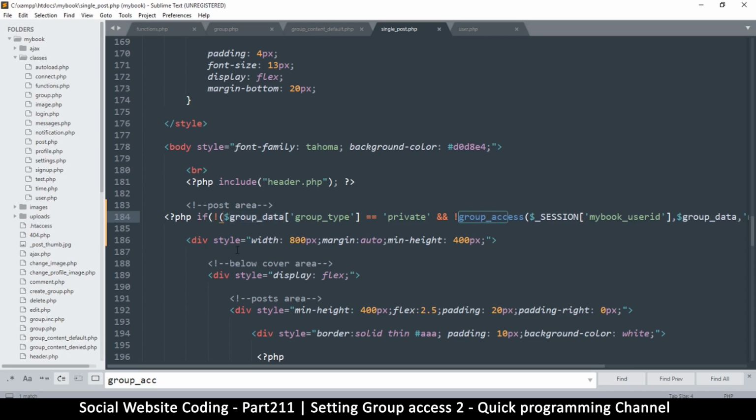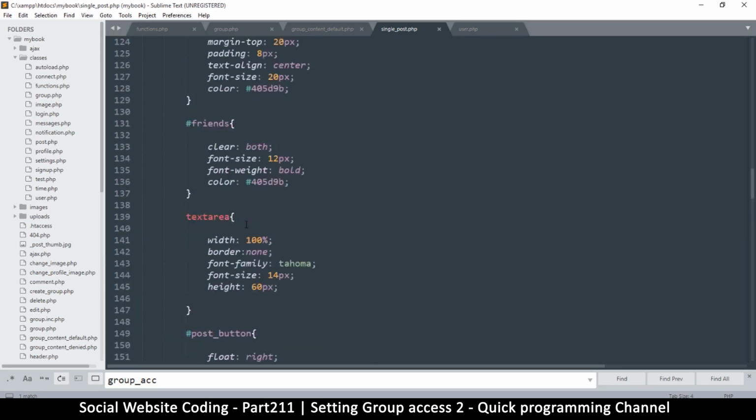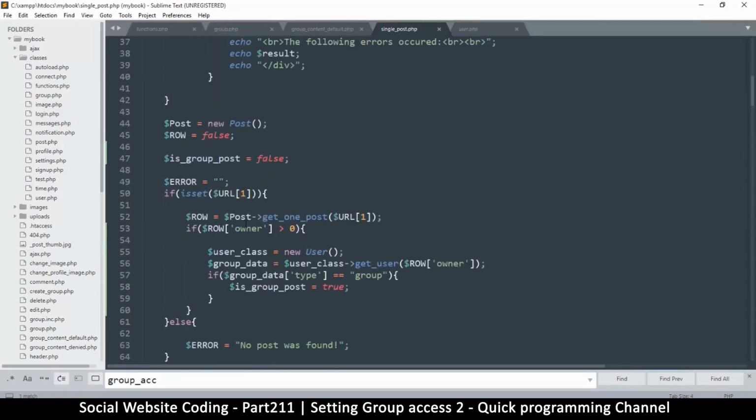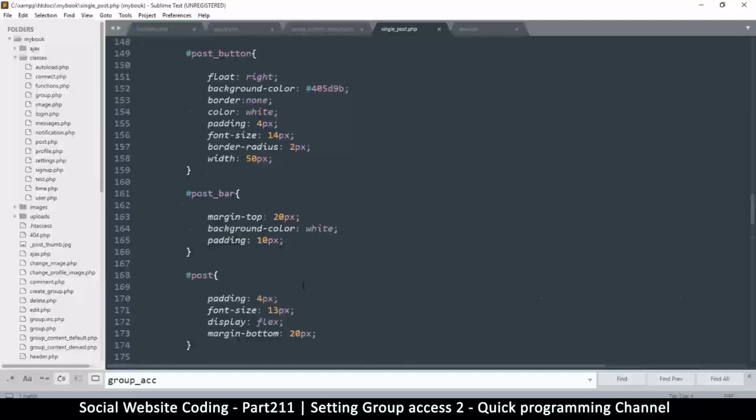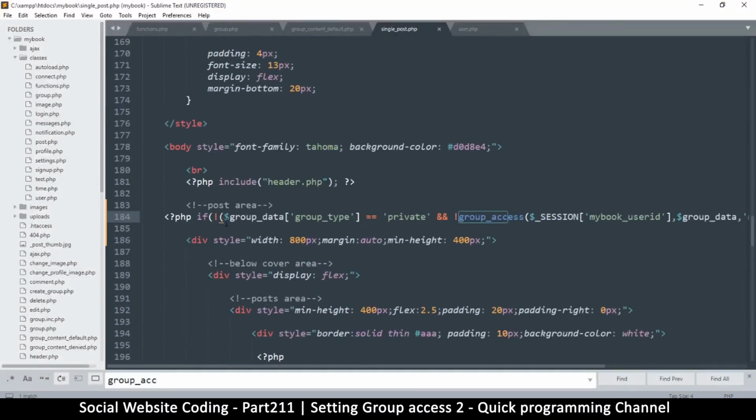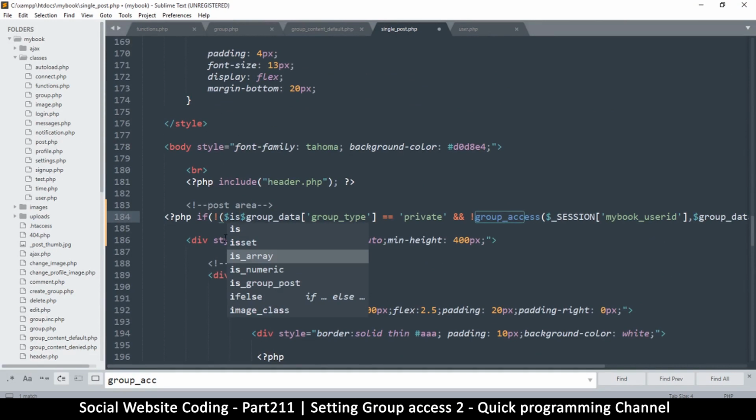So I have to confirm here and say if, just a minute, let me come back here. Okay, so as you can see here, if we don't get to this point, group data will not exist. So if is group post, actually, that's the only thing I should be wanting here. If is group post